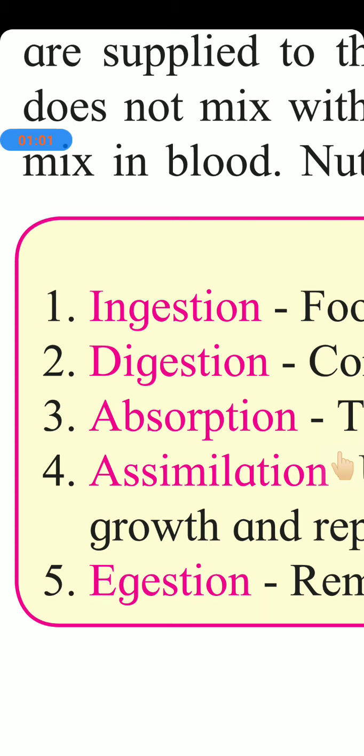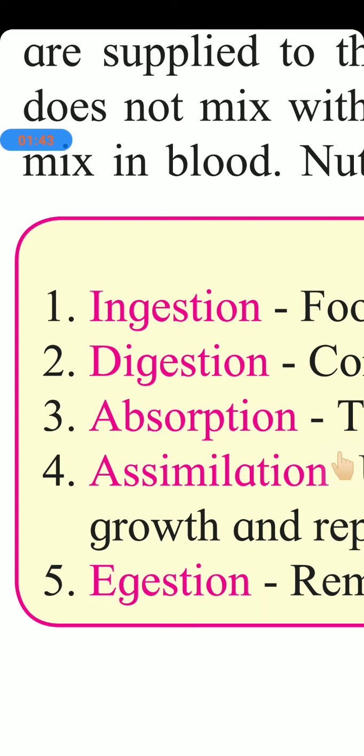But the food which we consume will not be in a format which can be absorbed by the body, or easily mixed with the blood. So the food that we consume does not directly mix with the blood as it is. It needs to be converted to a soluble format that can be easily mixed with the blood, because the food is in a complex format that should be broken down and converted to a simple soluble format which will be mixed with the blood. The nutrition in animals involves various steps